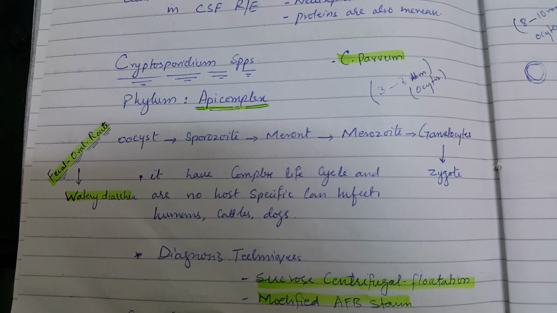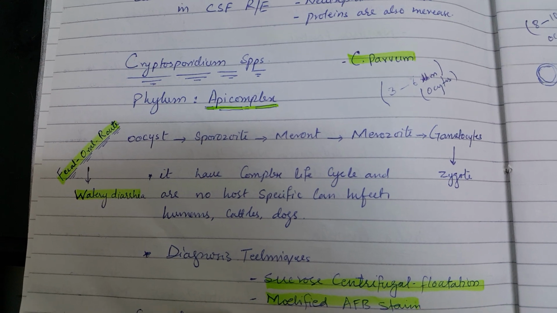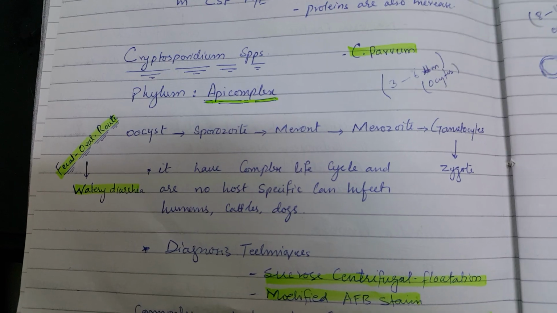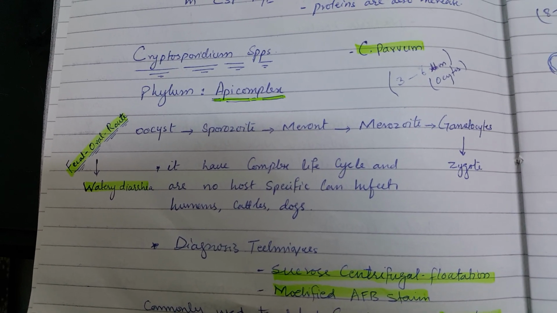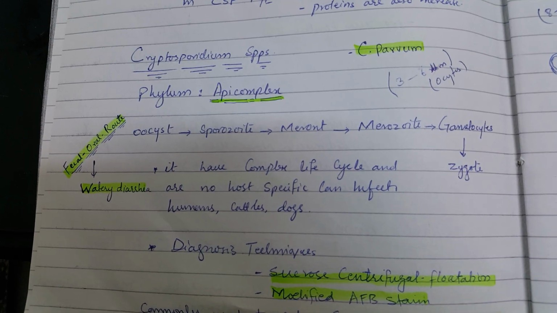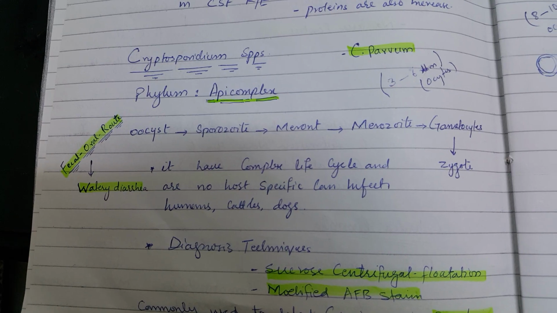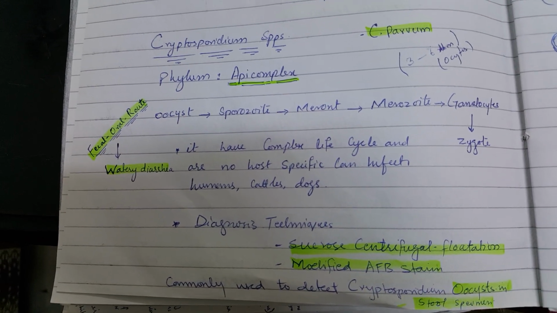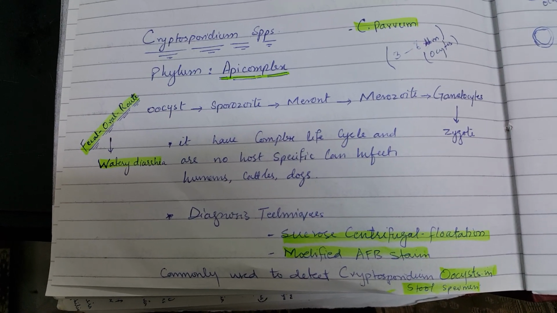Cryptosporidium is also a sporozoan, and it belongs to the Apicomplexa. Its stages are oocyst and sporozoite, meront, merozoite, gametocyte, and then zygote. It spreads by the fecal-oral route, has a complex life cycle, and causes watery diarrhea, and it is not host specific, infecting humans, cattle, and dogs. Diagnostic techniques are centrifugal flotation and modified acid-fast staining, commonly used to detect the Cryptosporidium oocyst in stool